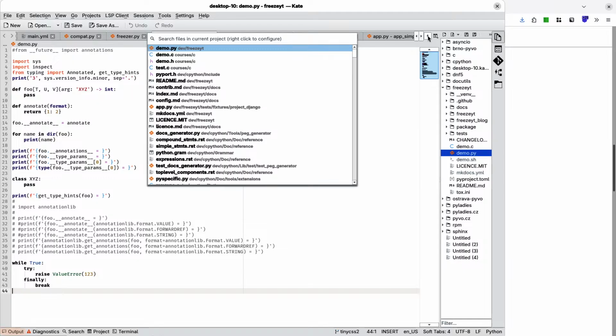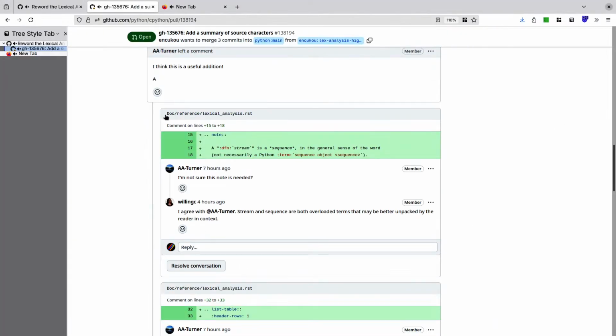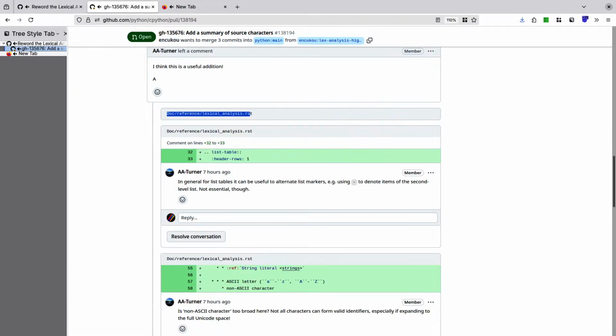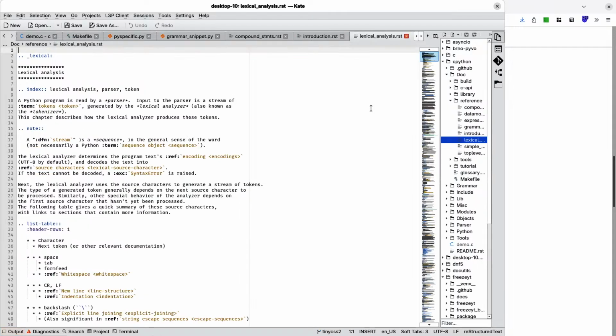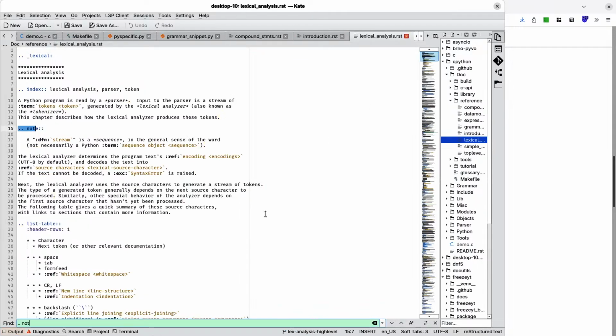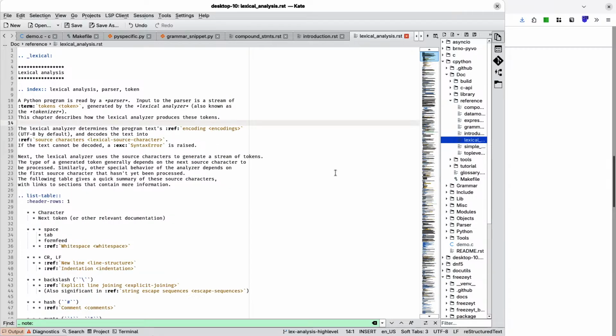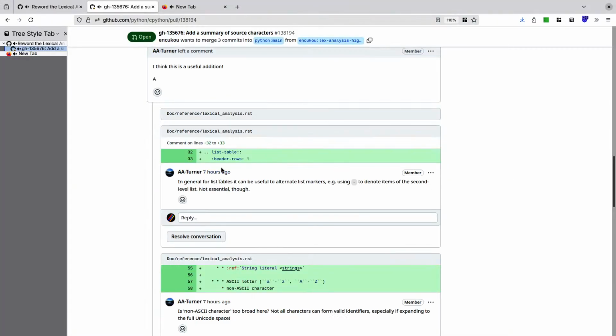Copying things from GitHub is getting harder and harder. So stream is not needed. We don't need to explain it.